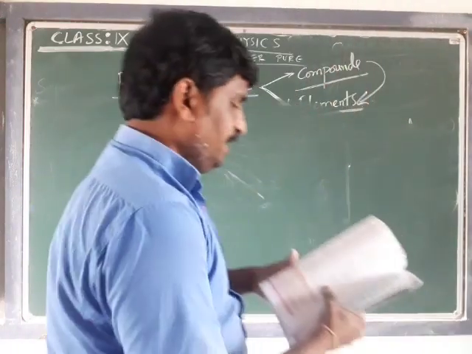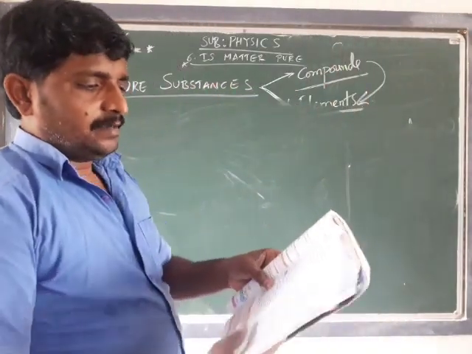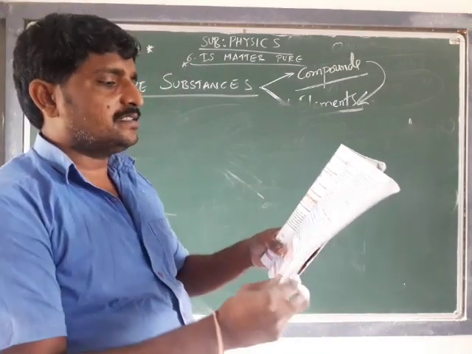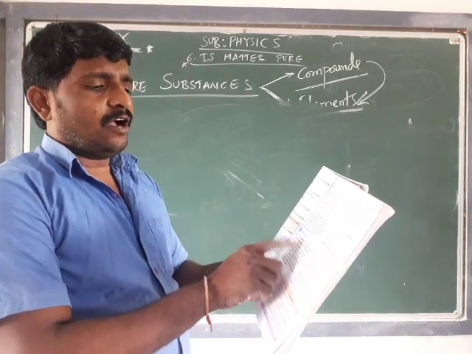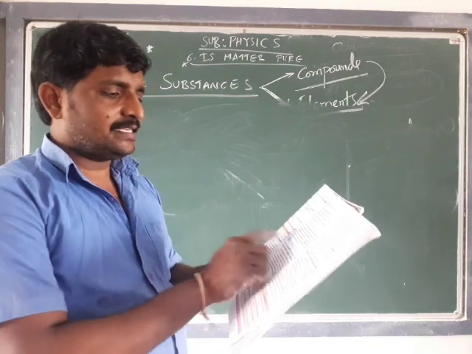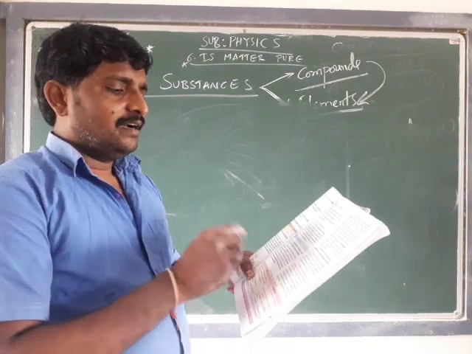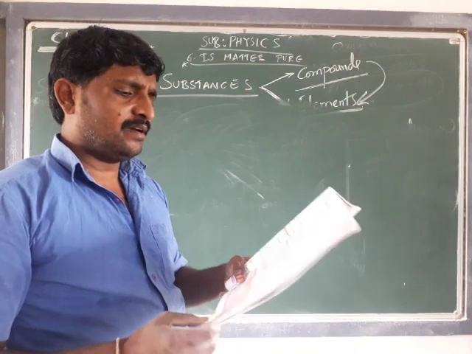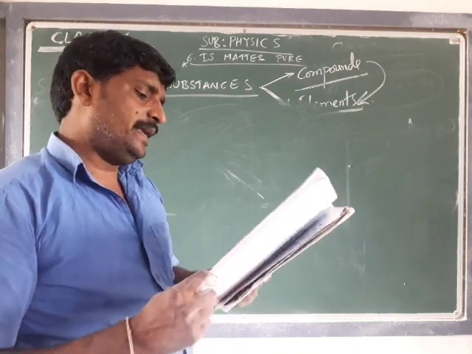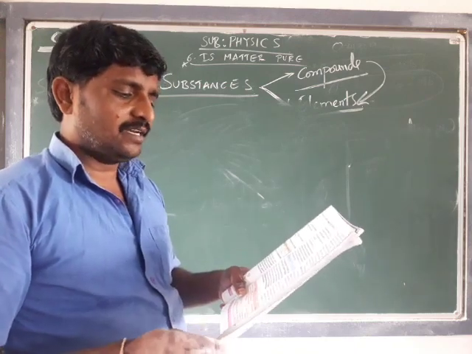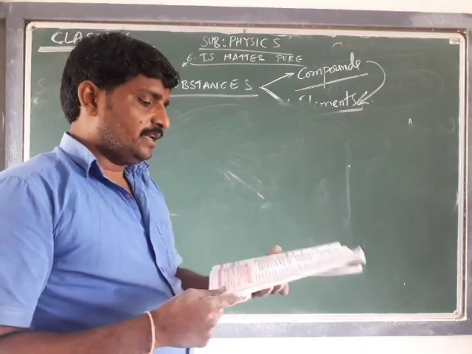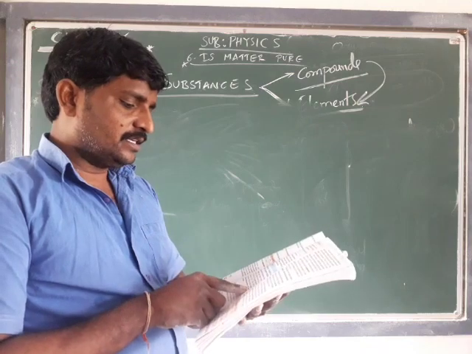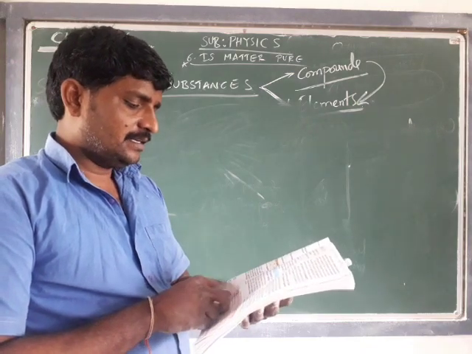We have an activity here, in the pure substances segment. We have activity 10. Can we separate sulfur and oxygen from copper sulfate? That is the question given in the activity. Take a concentrated solution of copper sulfate in a beaker and drop a piece of aluminum foil in it. After some time, you will observe that a layer of copper is deposited on the aluminum foil. The solution becomes colorless.